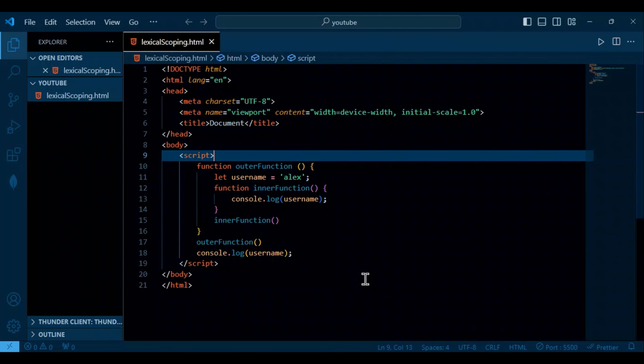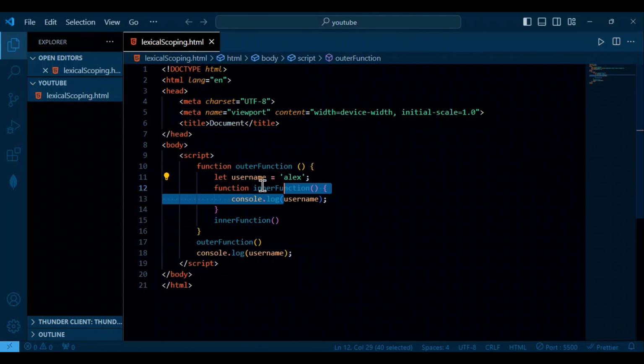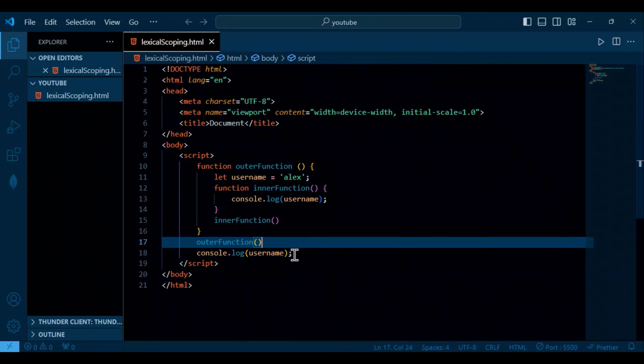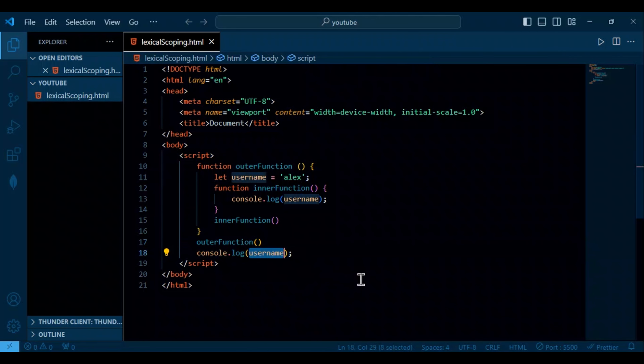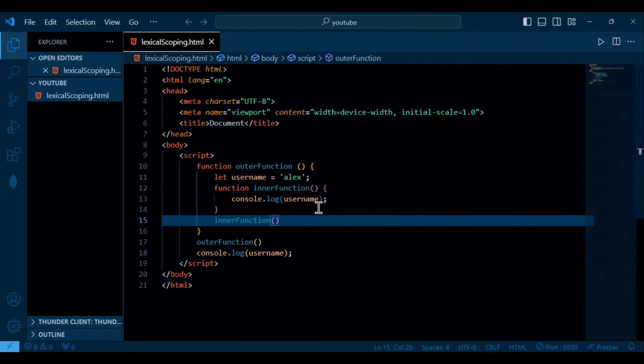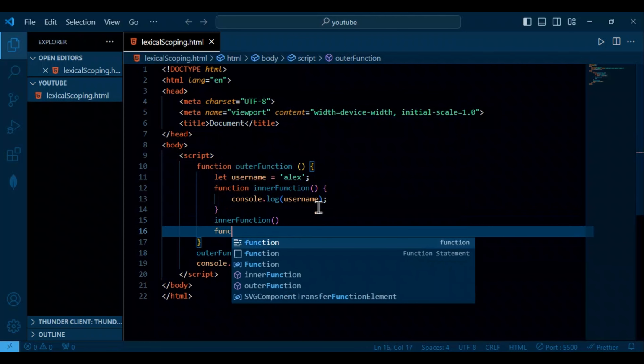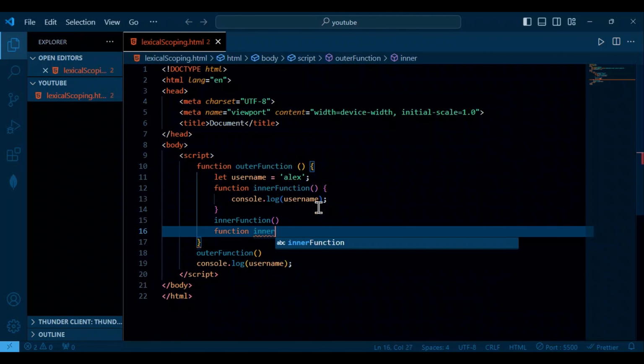So this is all about lexical scoping, that if a variable is declared inside the function, it is only available inside that lexical scope of the function, and we cannot access it outside of the function. Now also we can check that if we can make another function, inner function 2,